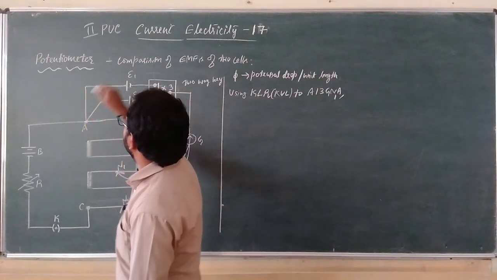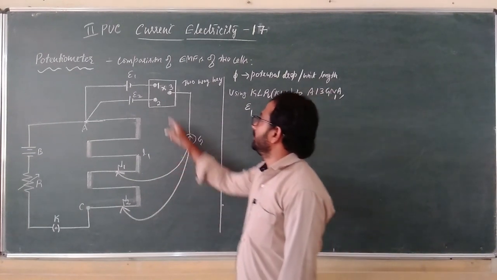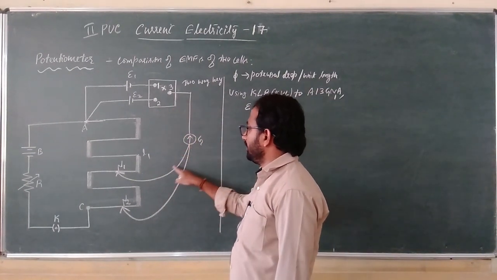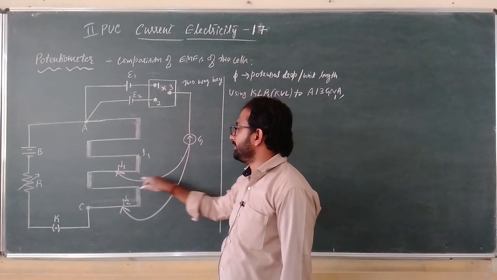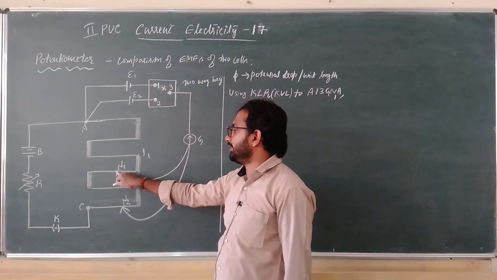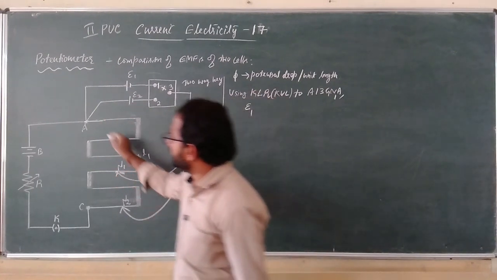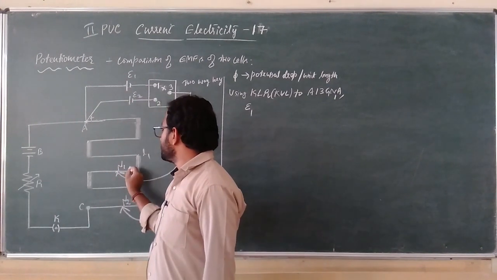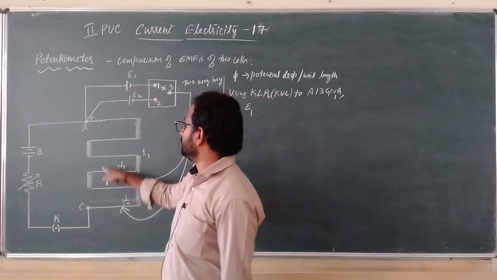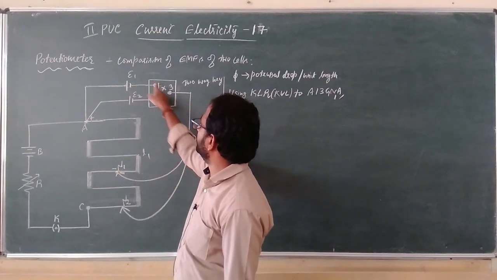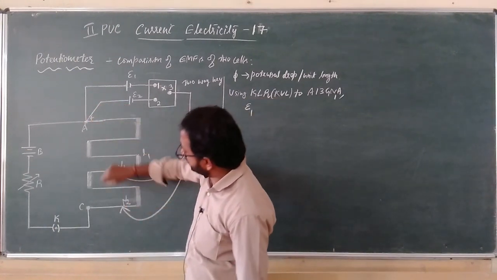You are getting the positive electrode here, so therefore plus E1. Now there is no current flowing through the galvanometer, so therefore there is no potential drop across the galvanometer. We reached the point N1, from N1 to A. This end is at higher potential, this end is at lower potential, because this end is connected to the positive electrode, and this end is connected to the negative electrode through the galvanometer.